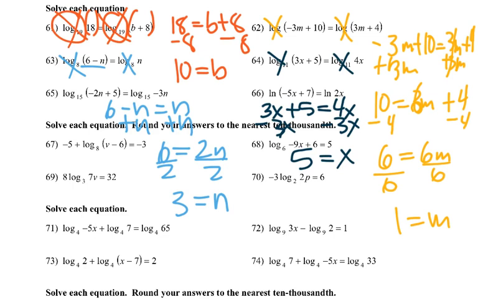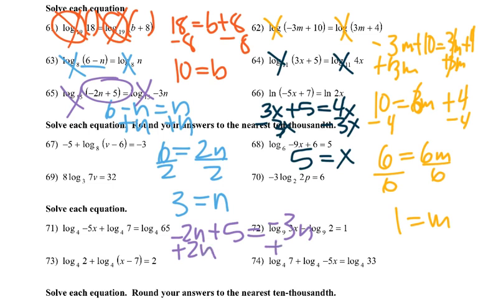If we look at 65, those cancel out, so just negative 2n plus 5 would equal negative 3n, add 2n,